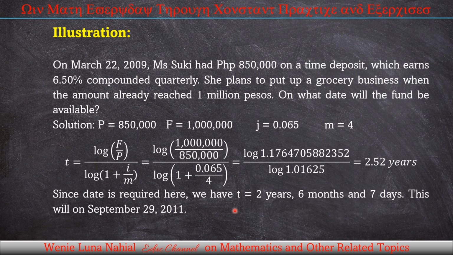So you can count that one. 2009 to 2010, 2010 to 2011. But for the 6 months, you have to count it from the date of the time deposit. So if you are going to see that one in a calendar or do the calculation, that is September 29,